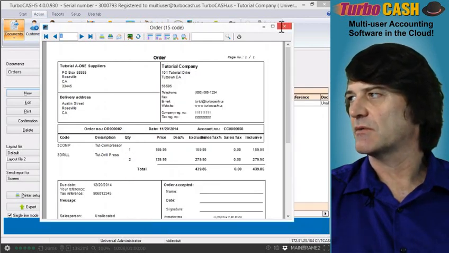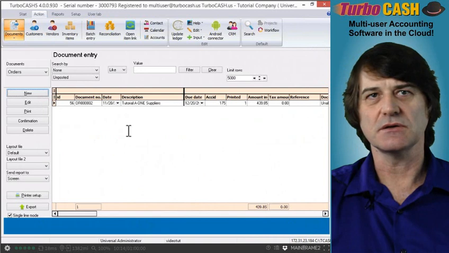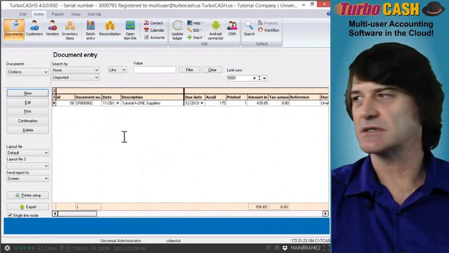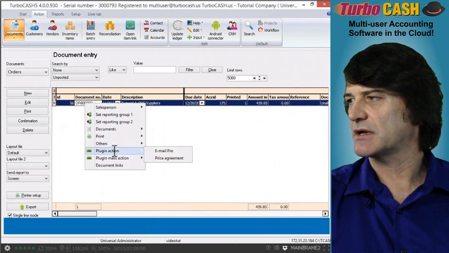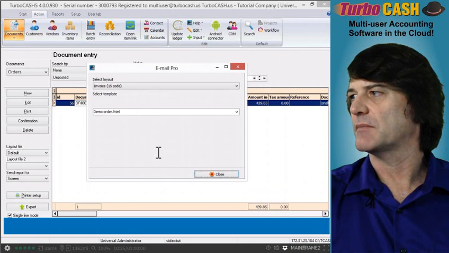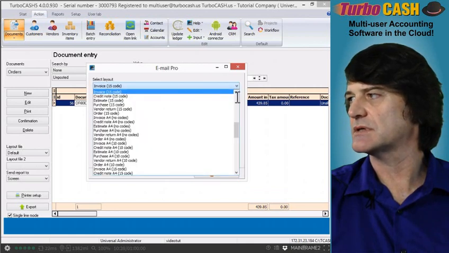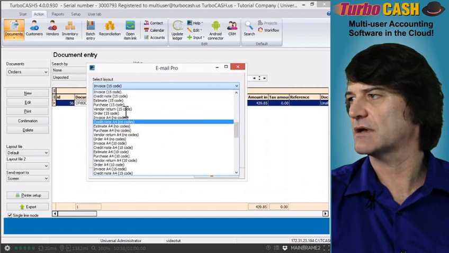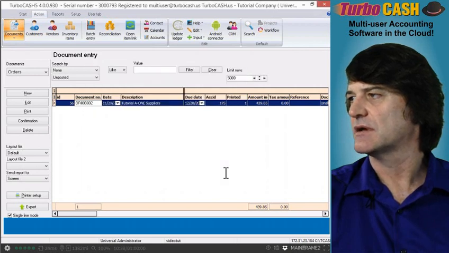More typically though, what you will end up doing is you're going to want to email this to your vendor with a request to confirm that this is the correct amount. And in that case, you would right click and choose Plugin Actions and choose this Email Pro option. By default, you want to actually choose your different orders over here. So I'm going to choose Order 15 and a demo order, and then click Close, and then the